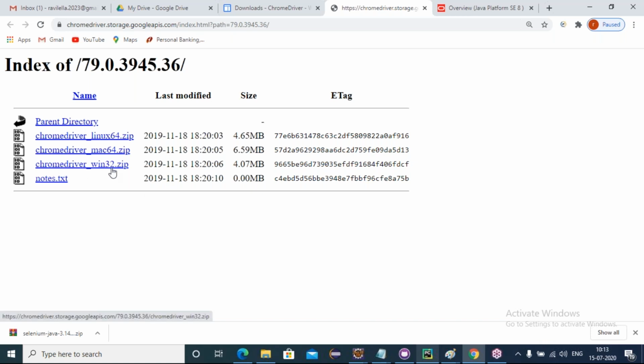Even your Windows is 64 or 32-bit, doesn't matter. Whatever bit OS, we have only one Chrome driver for Windows supported as the Win 32. We need to download this. If people are working with the Mac, download the Chrome drivers for Mac supported Mac 64 file. If people are working with Linux, download these drivers.